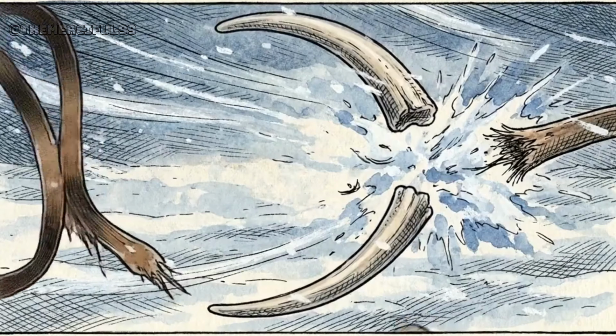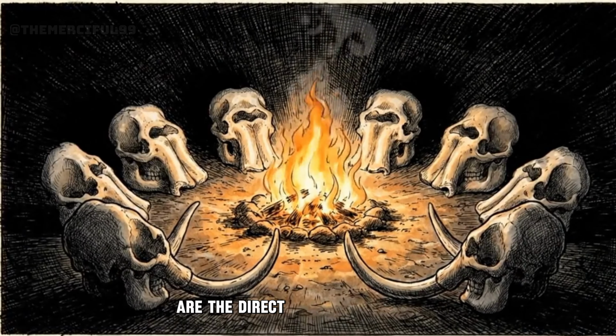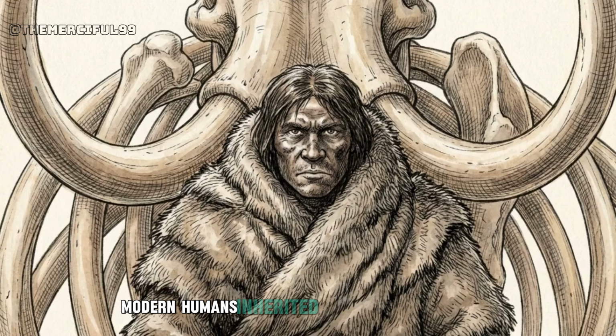Today, our modern traditions of gathering and storytelling are the direct descendants of life around these ancient bonehouse hearths. Modern humans inherited warmth from engineers who solved the problems of the Ice Age with stone tools and the refusal